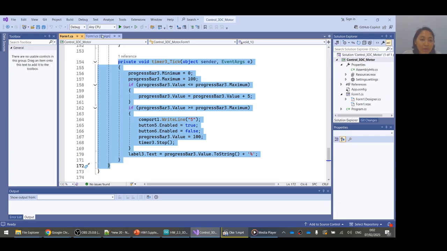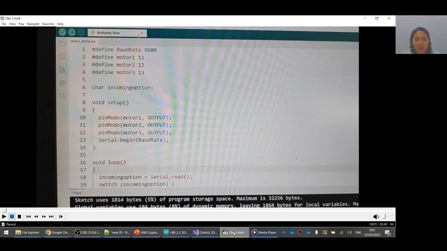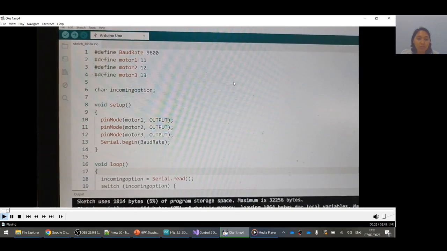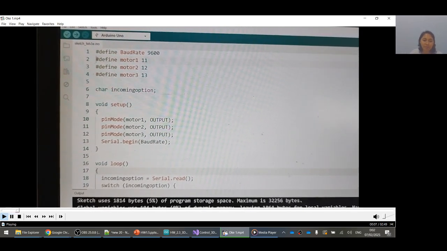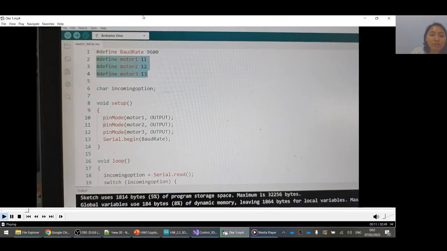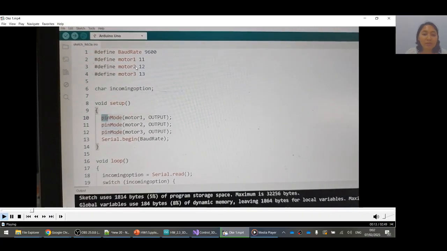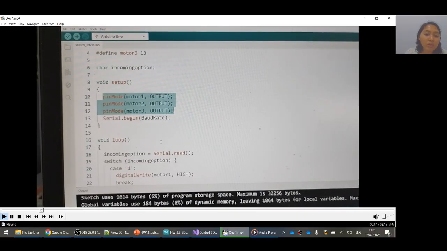And then I will show the video. There are 2 videos. This is for the Arduino IDE program. This is for define the pin, digital pin that used for control the motor.